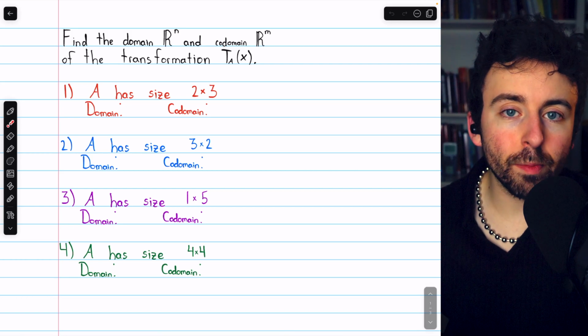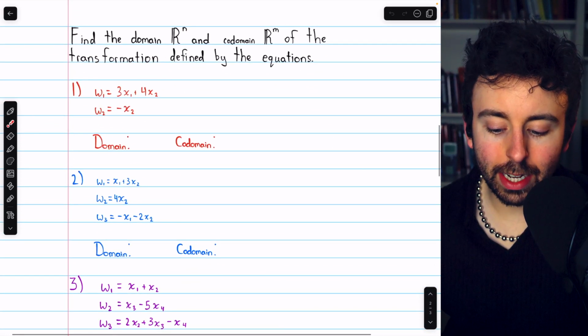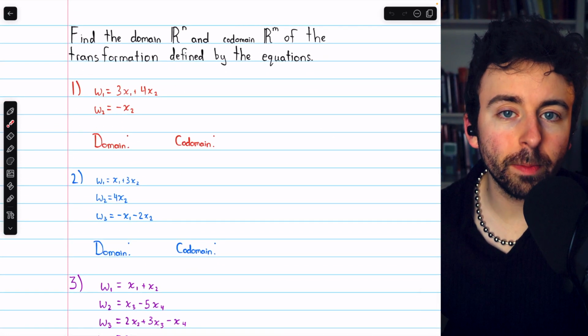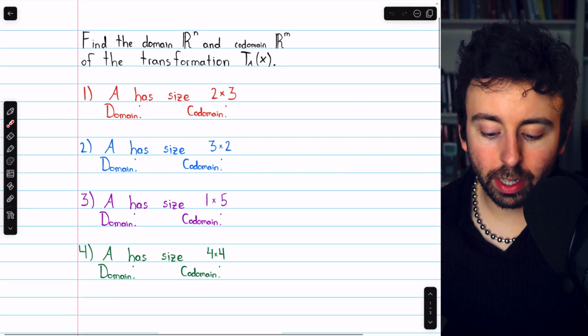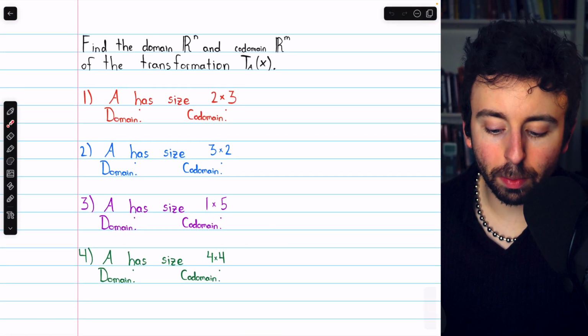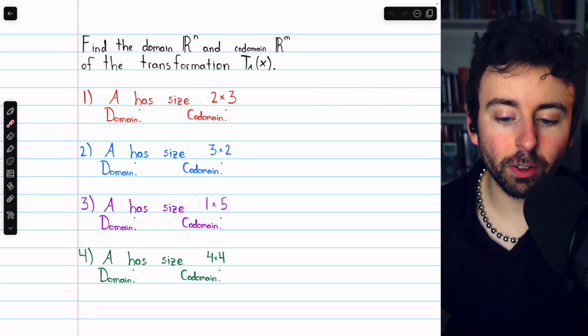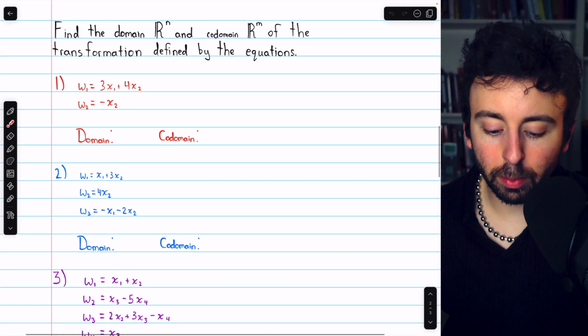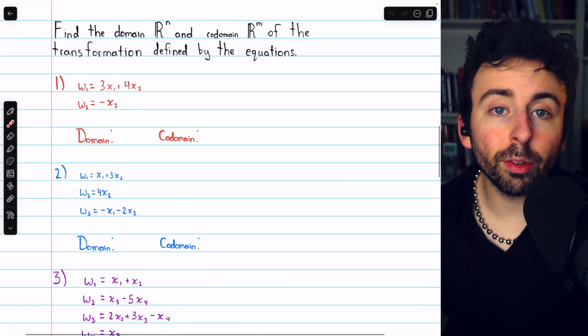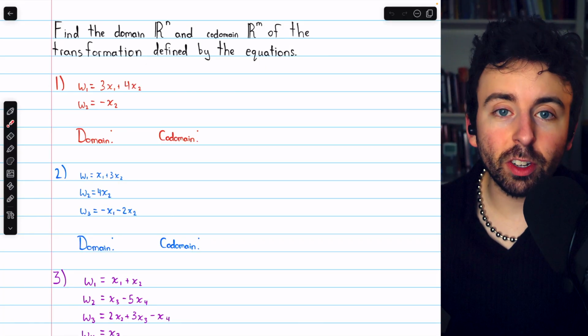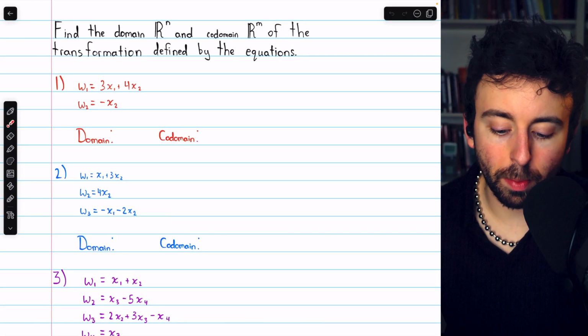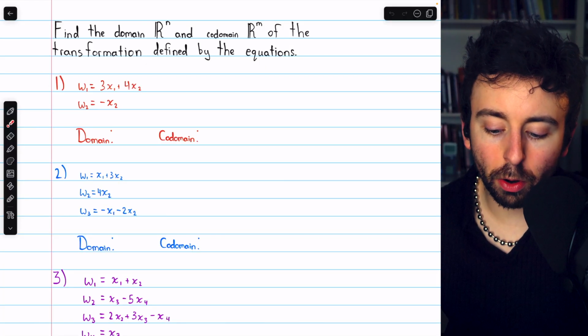We're going to do 8 problems where we find the domain and codomain of a transformation. In the first set of problems, we're given the size of the standard matrix for the matrix transformation. In the second set of problems, we are given the equations describing the transformation. In each case, we have to figure out the dimension of the domain Rn and the dimension of the codomain